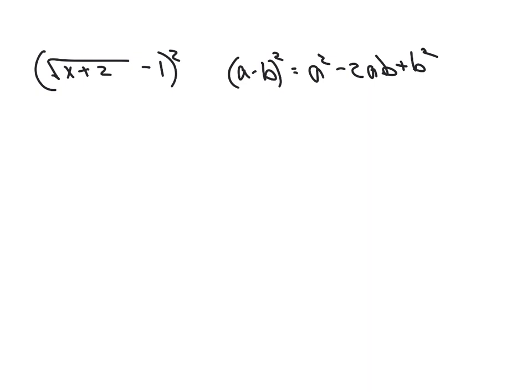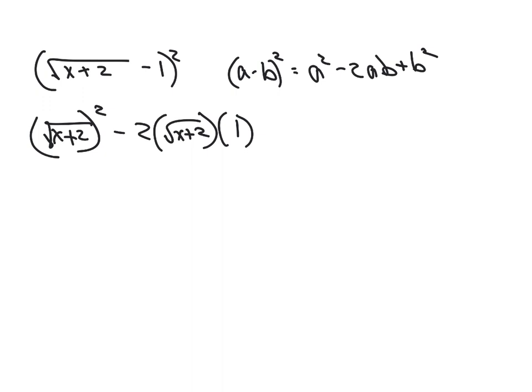Okay, so let's just do that. We're going to look at the first term and square it. Minus 2 times the first term times the second term plus